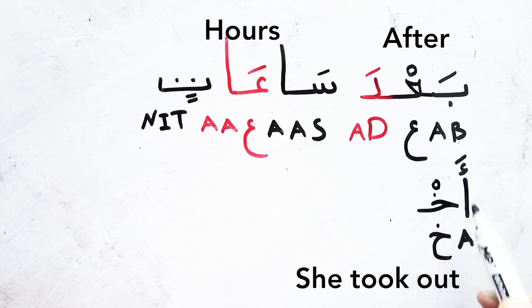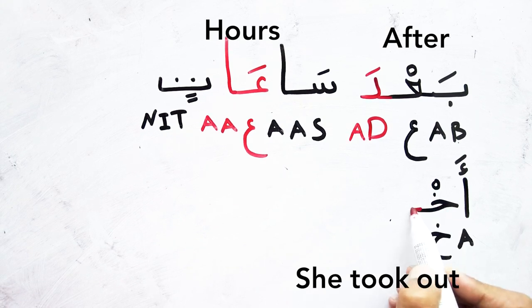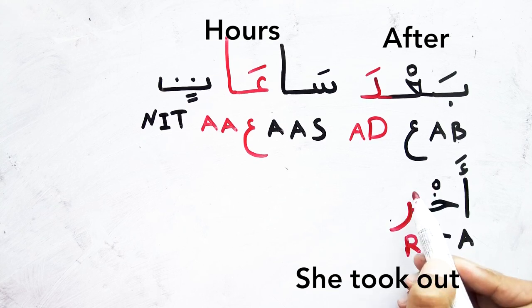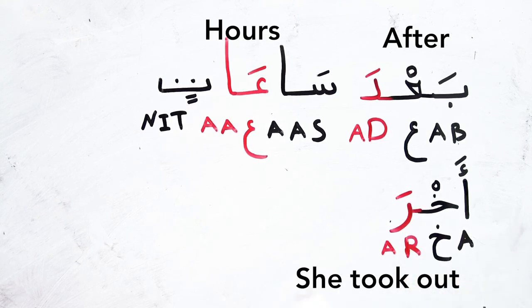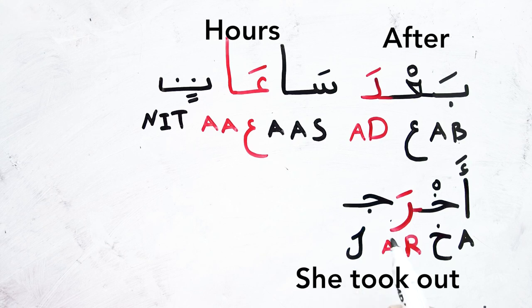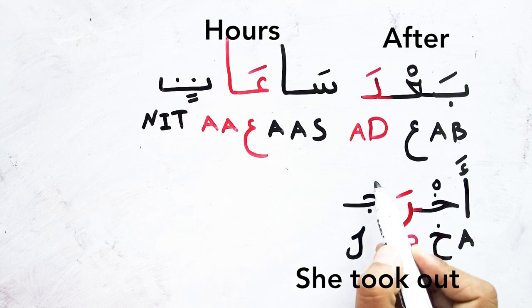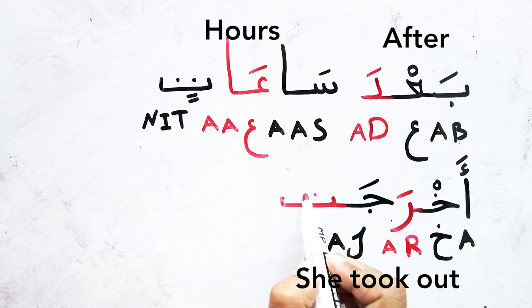We have sukun. I must pause in it. Ra. The sound of R. So let's add it. And then with fatha, I must add a ra. Akhra. J. I have the sound of J here. Let's add it. J. With fatha, another A. Akhraja. T. So we have the sound of T,